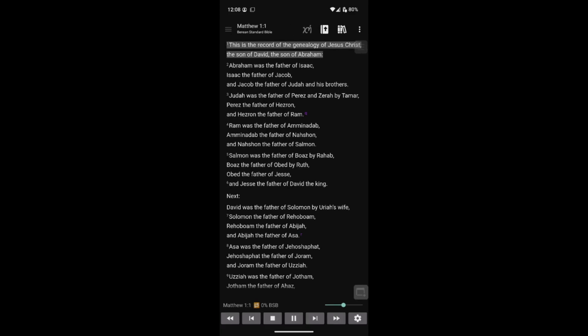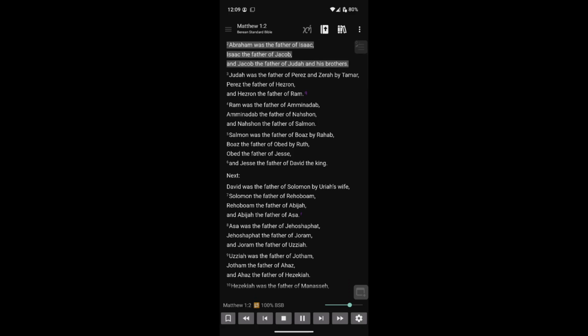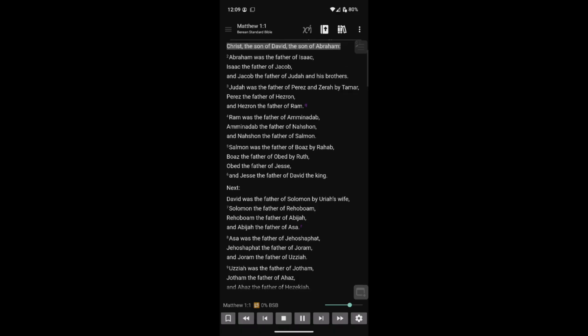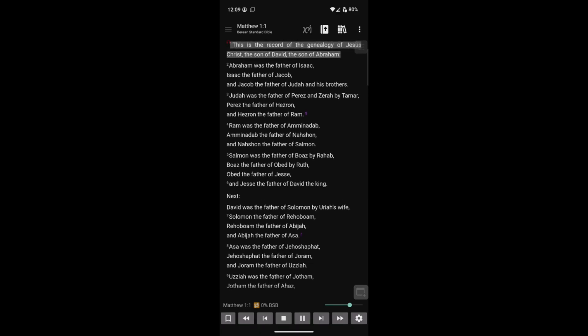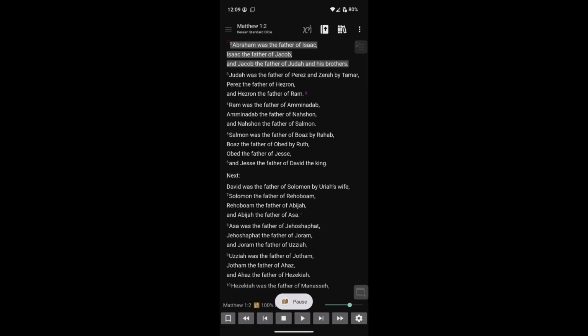The genealogy of Jesus. This is the record of the genealogy of Jesus Christ, the son of David, the son of Abraham. Abraham was the father of Isaac, Isaac the father of Jacob, and Jacob the father of Judah and his brothers. Matthew chapter 1. The genealogy of Jesus. This is the record of the genealogy of Jesus Christ, the son of David, the son of Abraham. Abraham was the father of Isaac, Isaac the